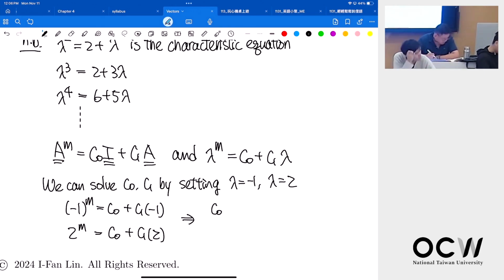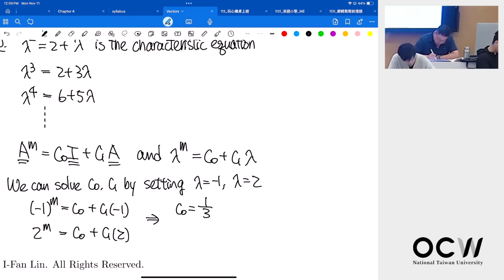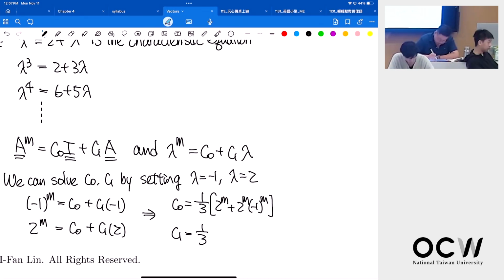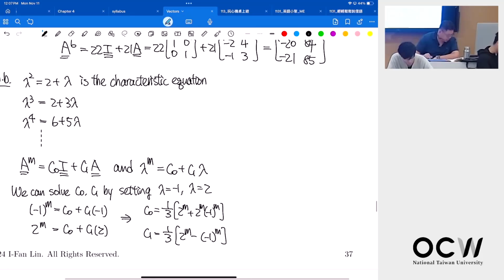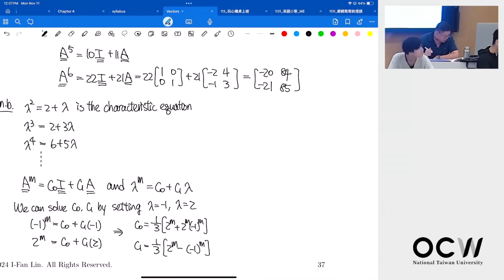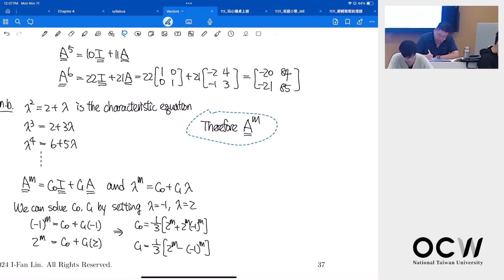We get c0 and c1, and therefore we can change that to A. So A to the m will be equal to